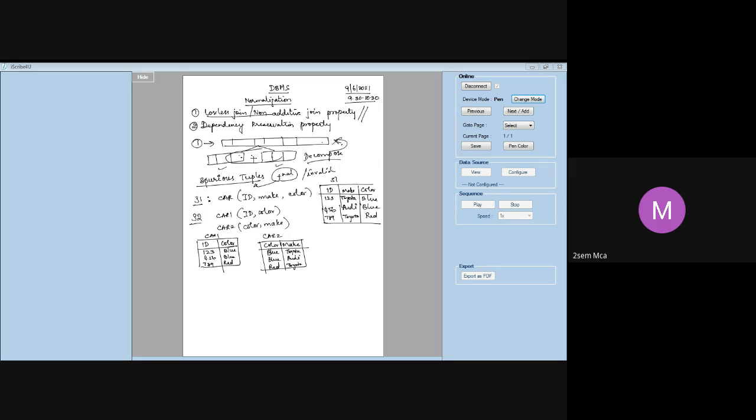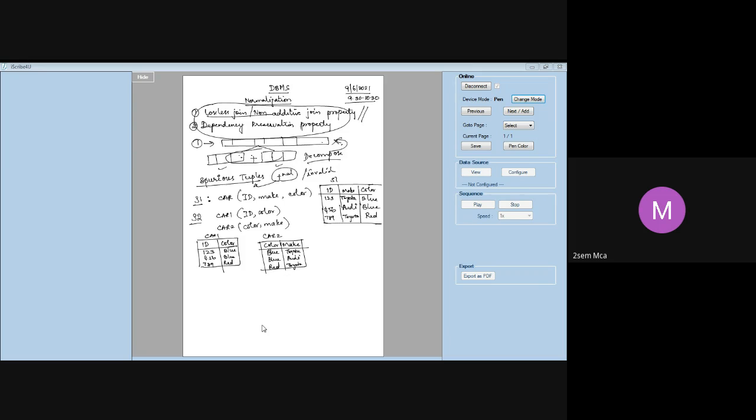I said when we try to decompose a table, let me give you a recap of what we have done till now. I said normalization, if you simply normalize all the tables, that itself is not sufficient to guarantee a good database design. You should also take care of these two important properties, which are called lossless join or non-additive join property, and then the dependency preservation property. These two properties also we should take care of. Now, we are talking of the first property, that is lossless join or non-additive join property.